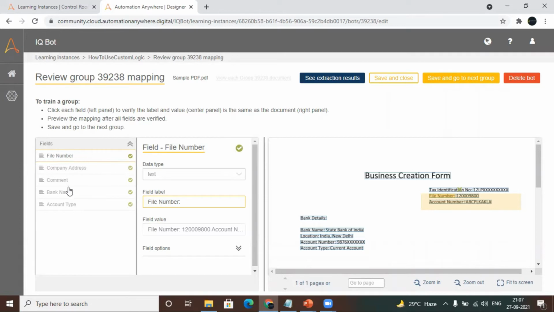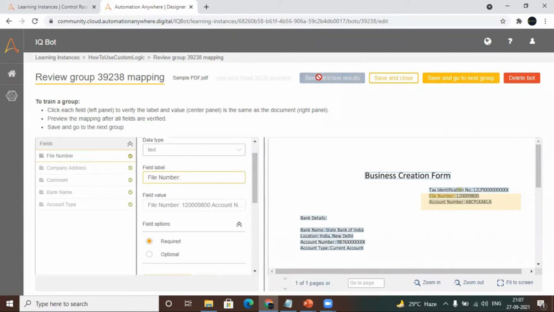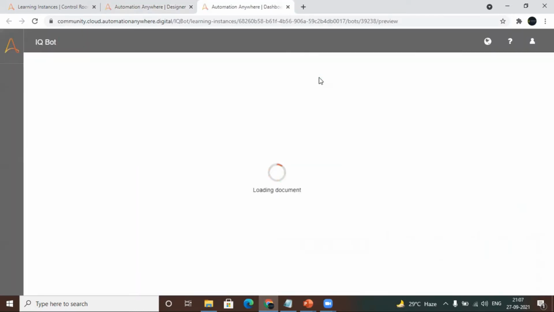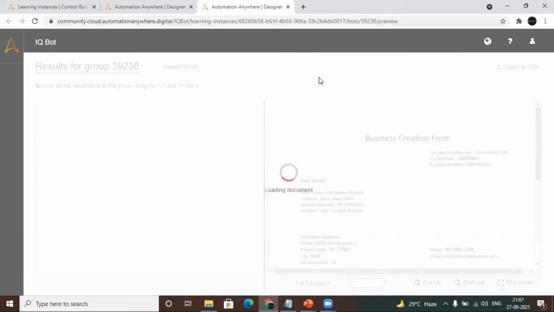Currently I'm just going to show you some examples using the form field. Here you can see I have data where, let me click on the extraction results to see the data first, and after that we will apply a custom logic to see how the changes help us get the correct data.